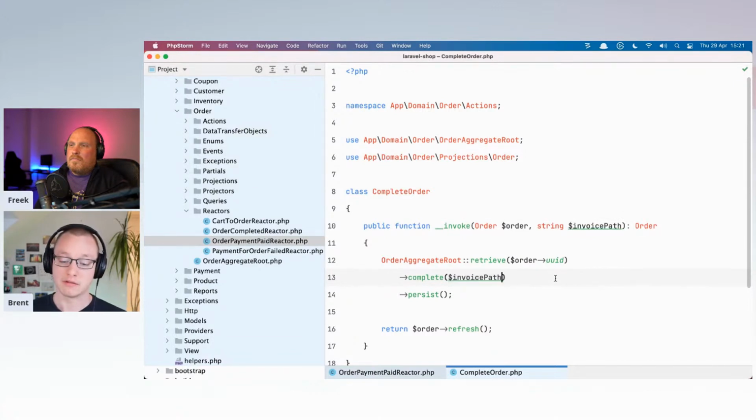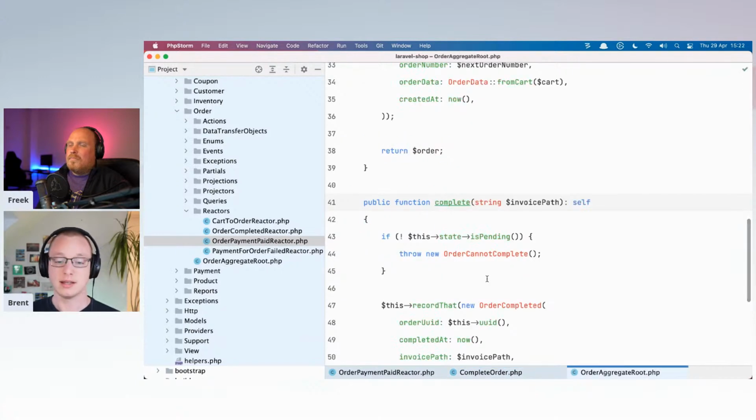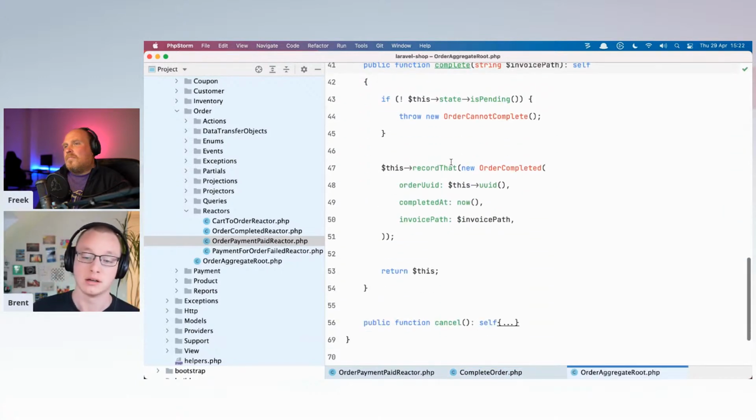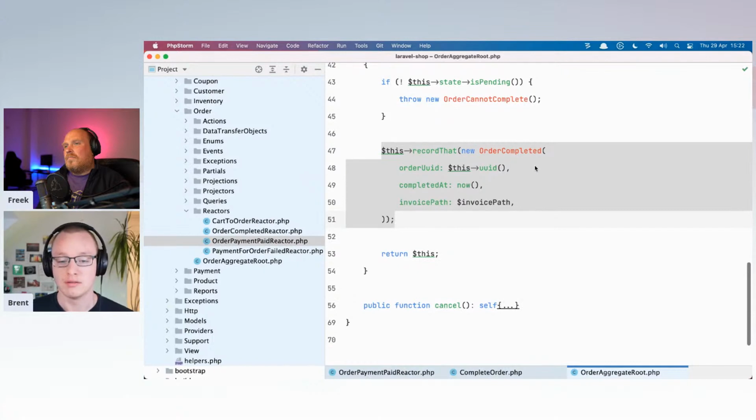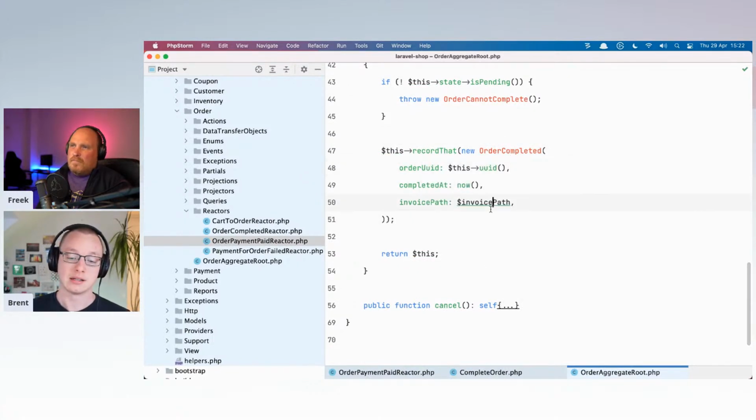And we know we can never change this, unless we regenerate the PDF or something, but that's not allowed. So it's a very easy example in that manner. And when the complete method is called here, you can see it's just another event that has some projectors listening to it, and the cycle continues.